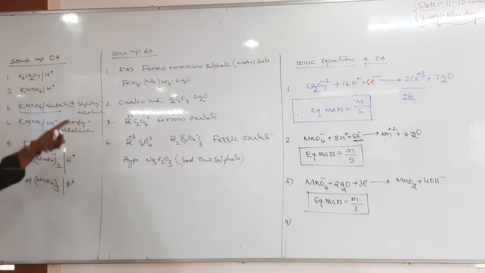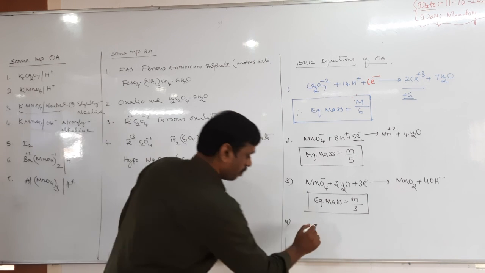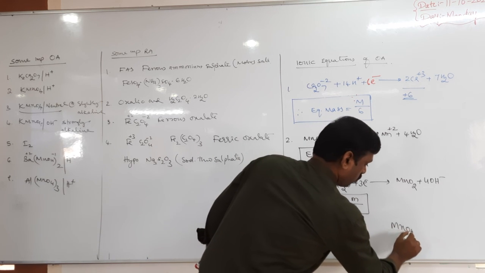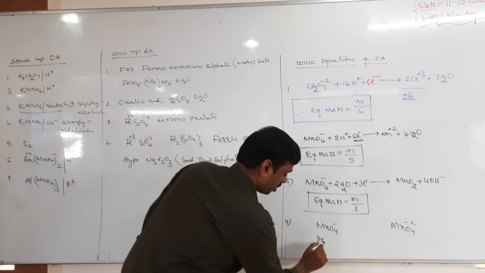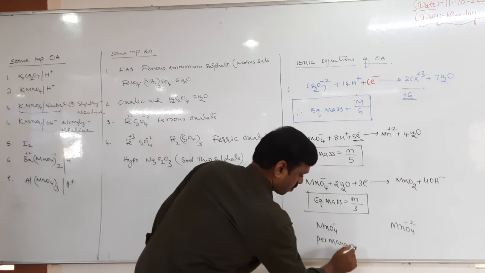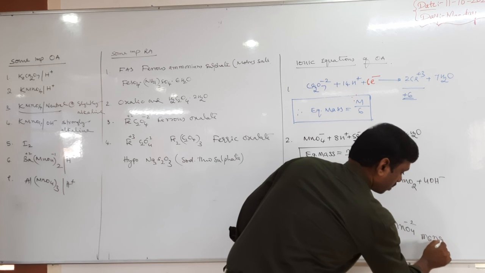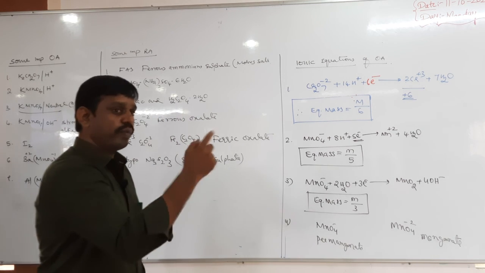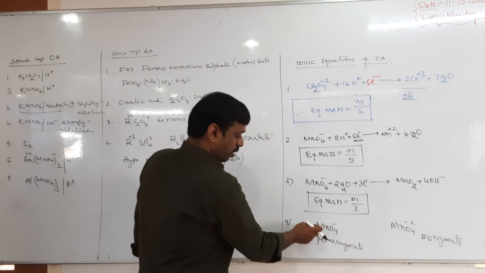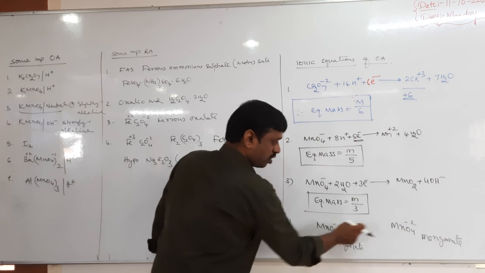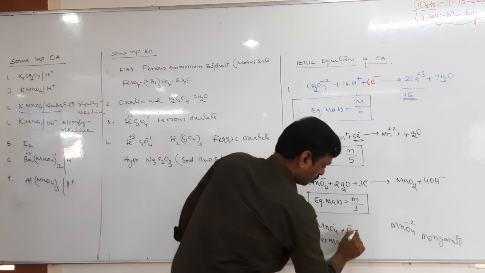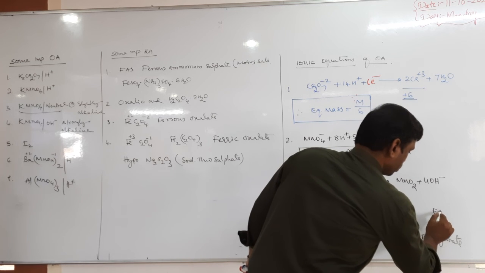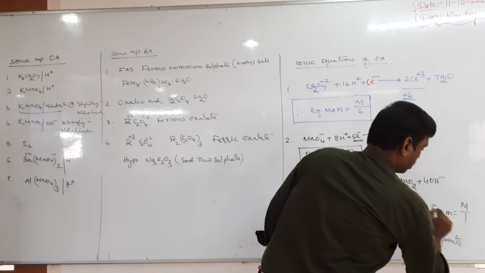Next, strongly alkaline medium, permanganate. MnO4− converts into MnO4 2−. This is permanganate, which is called manganate. So in strongly alkaline medium, permanganate just converts into manganate. Tell me, what is required? MnO4, MnO4 same. Minus 1, minus 2. What to do? Just add 1 electron. So therefore, what is the equivalent mass? M by 1, nothing but M.